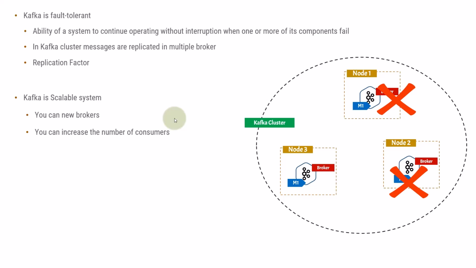So in today's world, this event-driven architecture is very important, and most of the systems are designed on it. And in event-driven architecture, you will need a messaging system. In the market there are multiple messaging systems, but Kafka these days is the most important one because of all these features which I have explained.